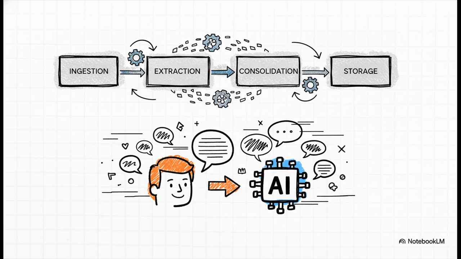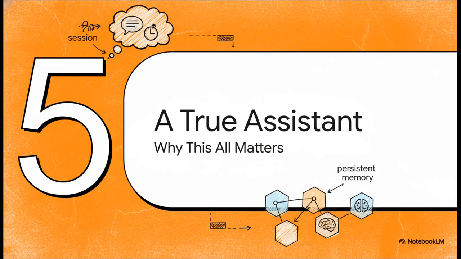And the best part for you, the user, is that this entire complex pipeline runs asynchronously. What that means is it all happens in the background, totally separate from your active chat. So the agent can create these super detailed memories about you without ever making you wait for a response. It's seamless.